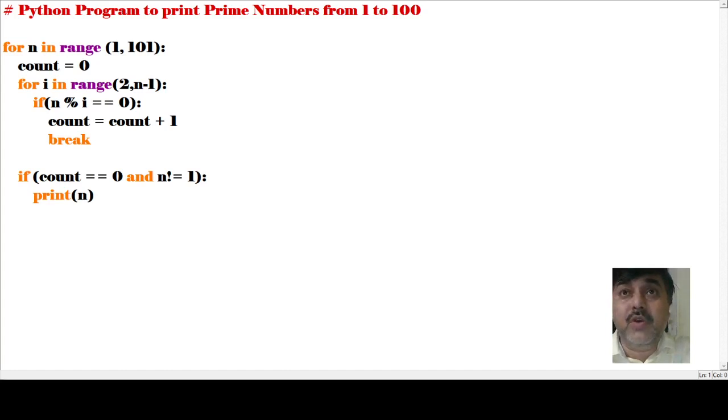Then we have count equals 0. The value of count is 0. Why is count equal to 0? Because we have taken one counter here. Now for i in range 2 comma n minus 1, that means it will start from 2 and run up to n minus 1. Okay, so if n modulus i equals 0,